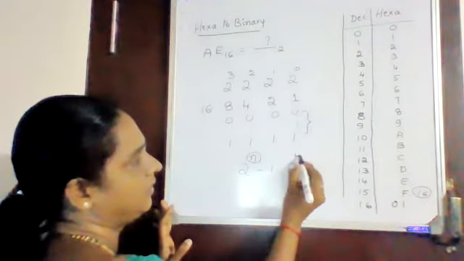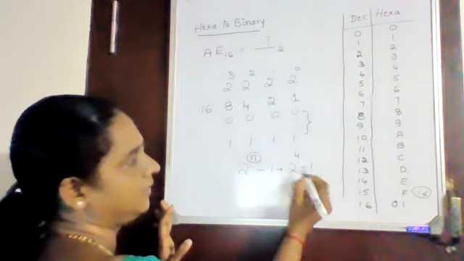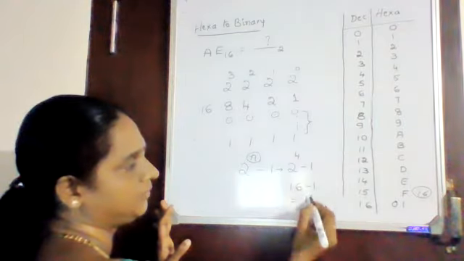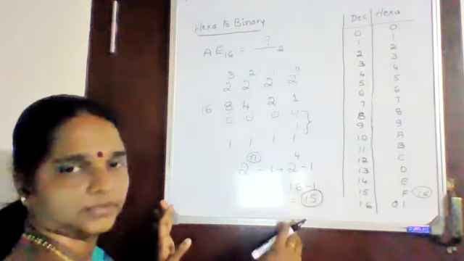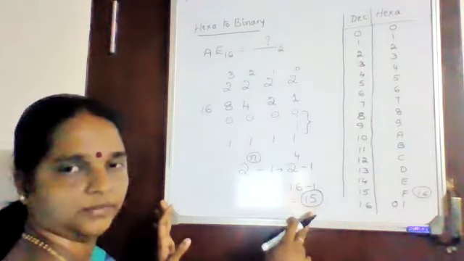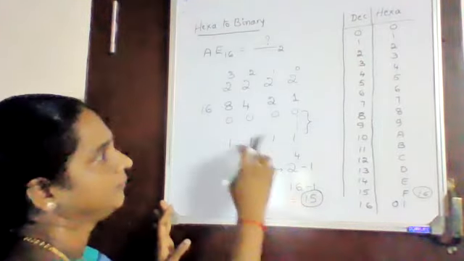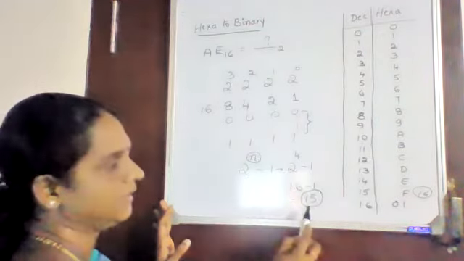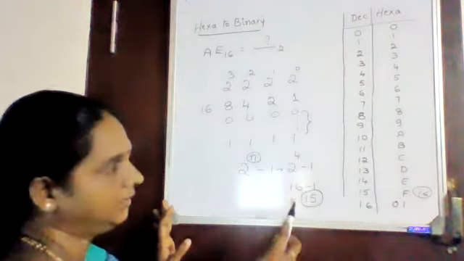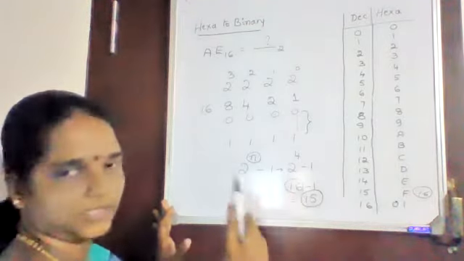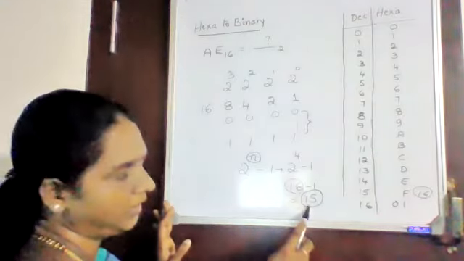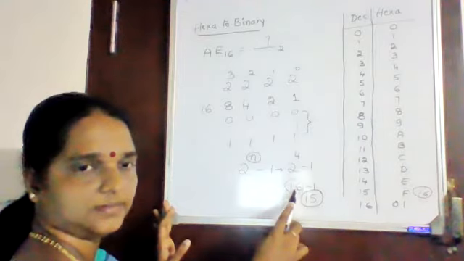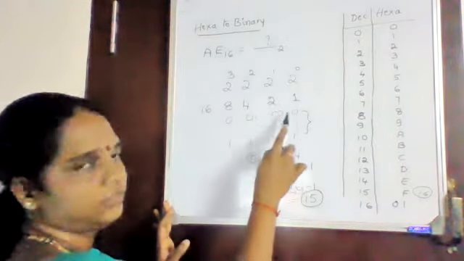It is 2 to the power 4 minus 1. 2 to the power 4 is nothing but 16, minus 1, which is equal to 15. Therefore, the total counting we can do using 4 bits is 15, but it consists of 16 numbers in total. That 16th number is nothing but 0, 0, 0, 0.